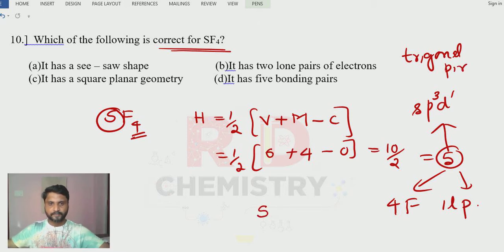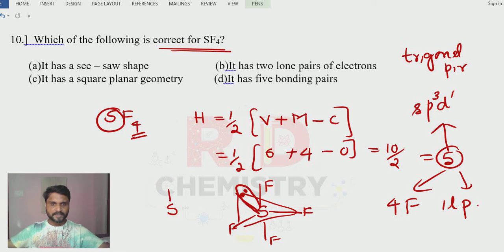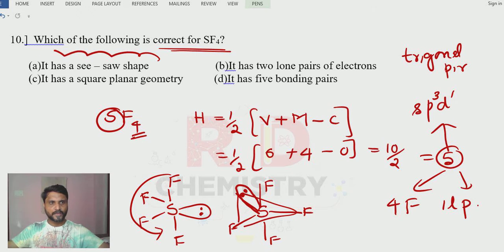Sulfur is the central atom. Then I should have 3 orbitals in the same plane like this, trigonal, and one above the plane and one below the plane. There is one lone pair. Remember, always, the lone pair is generally on the equatorial position like this, then the remaining 4 fluorine atoms like this. Or I can also write the lone pair the other way around to convey the structure: fluorine here, fluorine here, and fluorine here, and I can write the lone pair on the equatorial position. If you rotate this structure, it looks like a seesaw shaped structure. Okay, it has got seesaw shape.